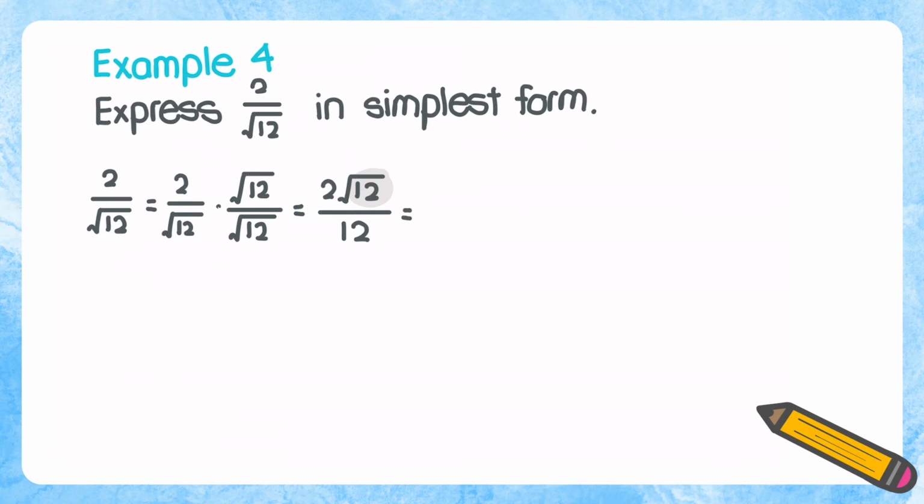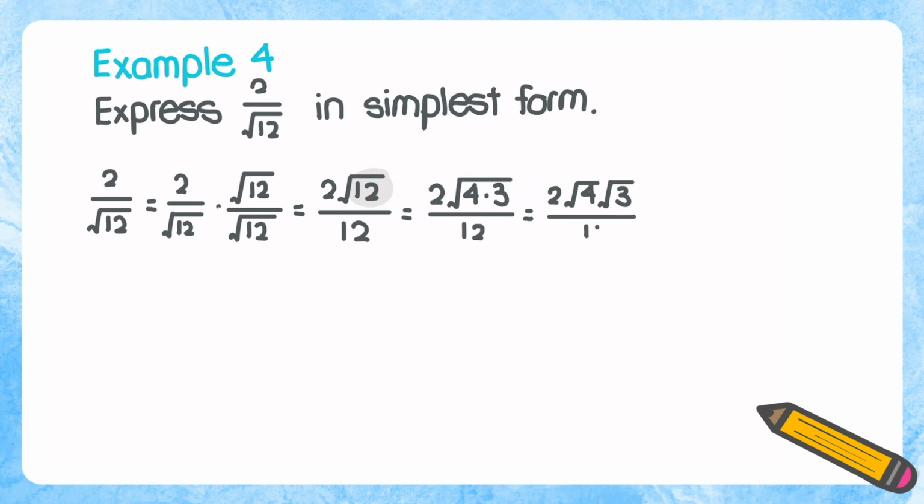So let's rewrite this a little bit. I'm going to factor 12 out. So instead of 12, think back to the lesson right before this. Instead of 12, I'm going to rewrite this as 4 times 3. So I have 2 times the square root of 4 times 3, still over 12. I'm going to break this apart. I have 2 times the square root of 4 times the square root of 3